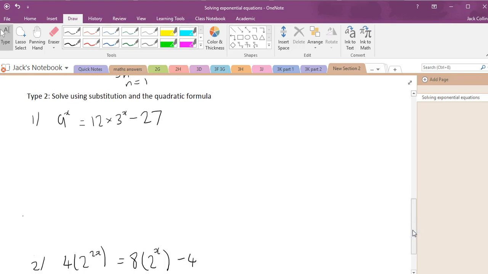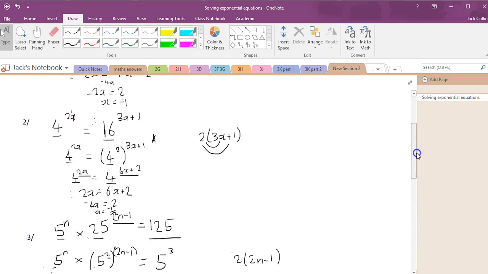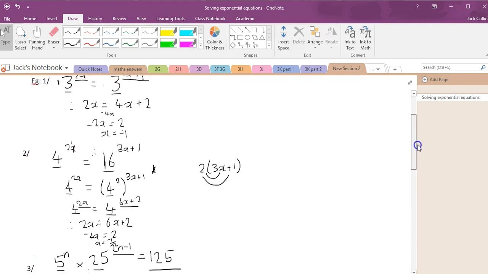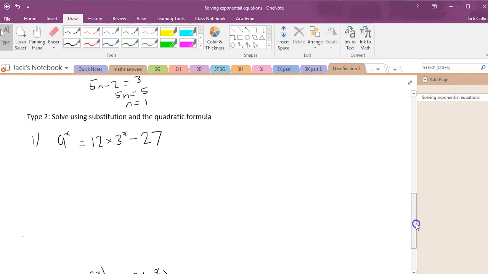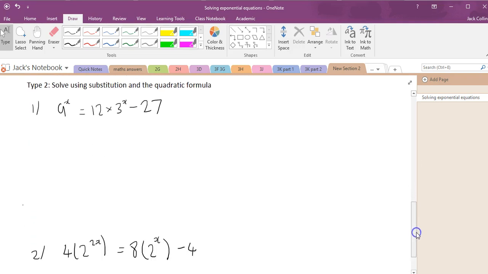The second type: if you can get every number to the same base, you can just equate indices as I've done with these three examples. Type 2 is solving using substitution and the quadratic formula, which also sounds a bit scary, but it's not too bad, okay? So here we know we can simplify this down to